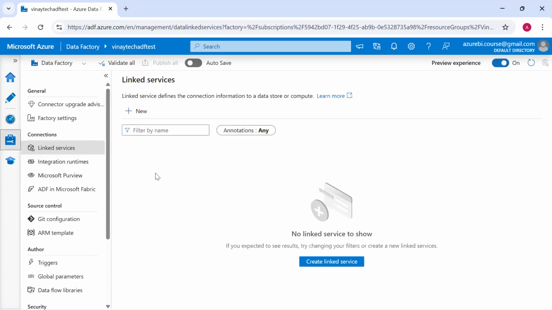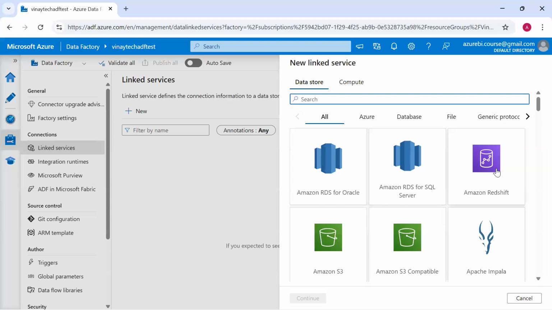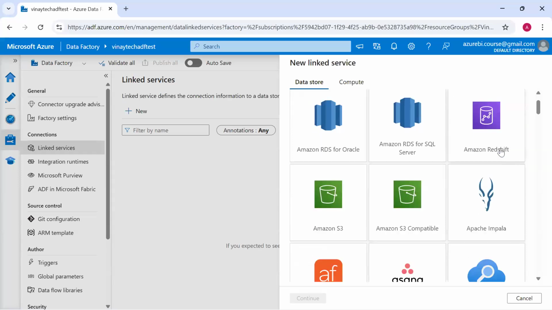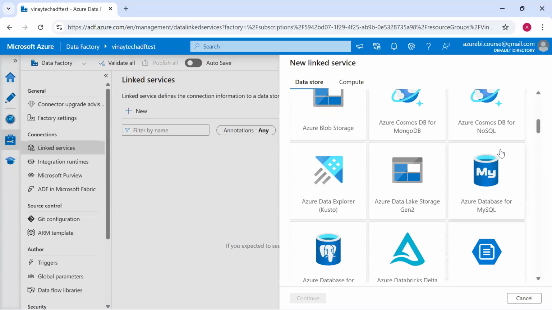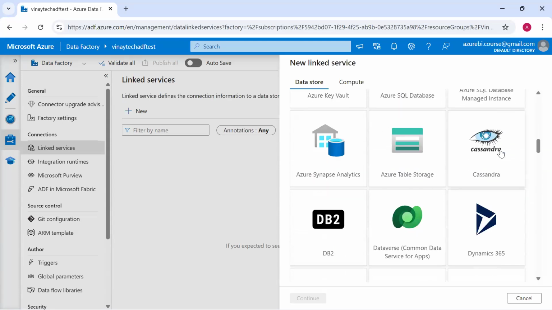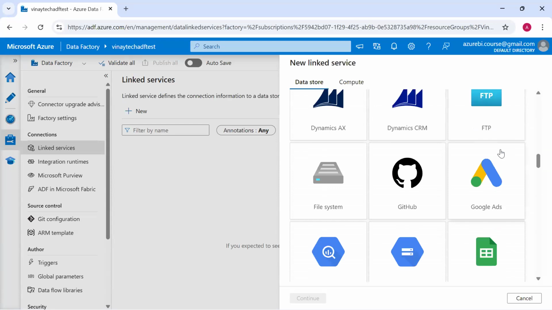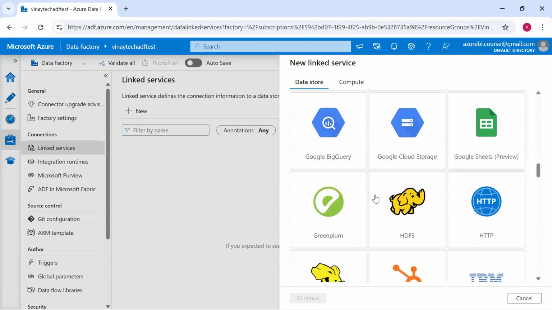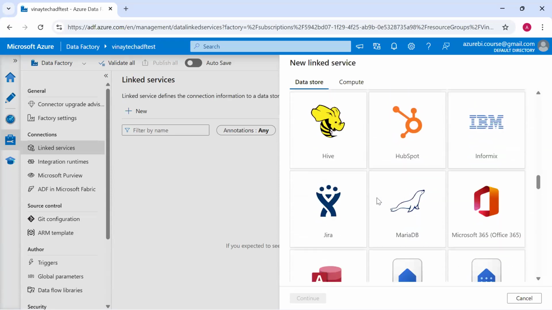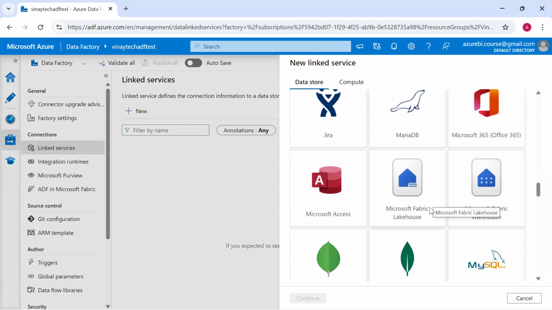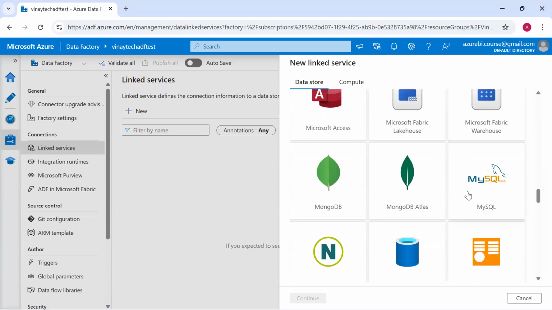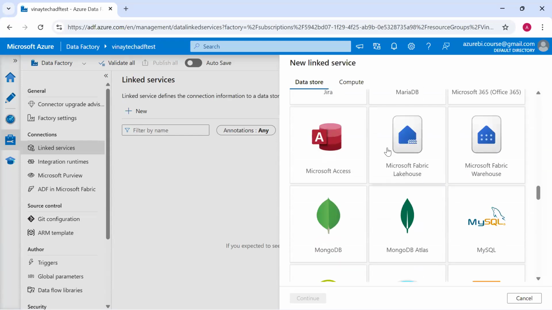Now, why am I telling this? ADF is powerful, I'll tell you now. See here, new connection, new source. Can you see this many sources that we have in Azure, ready to use as connections, even storages we don't know about? We never heard about these storages, but still we have that many sources, including Microsoft Fabric, warehouses, lake houses. Now we are in the generation of lake houses.